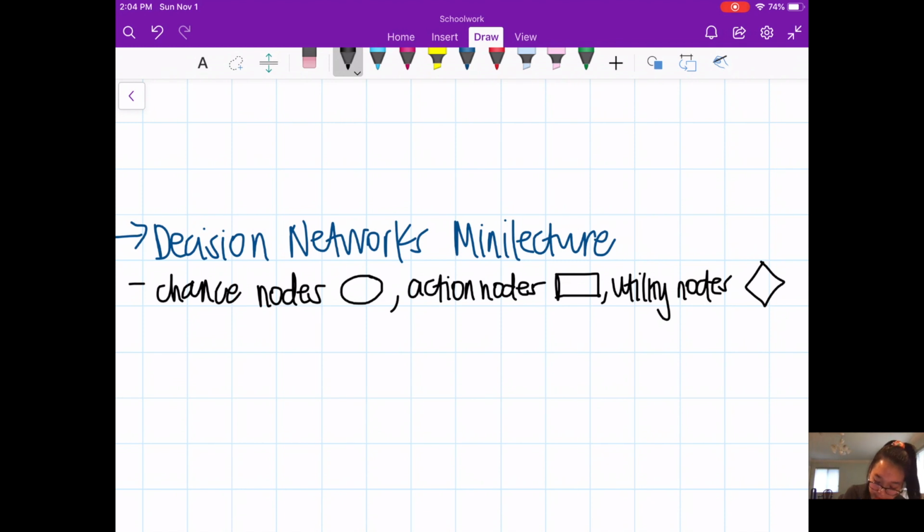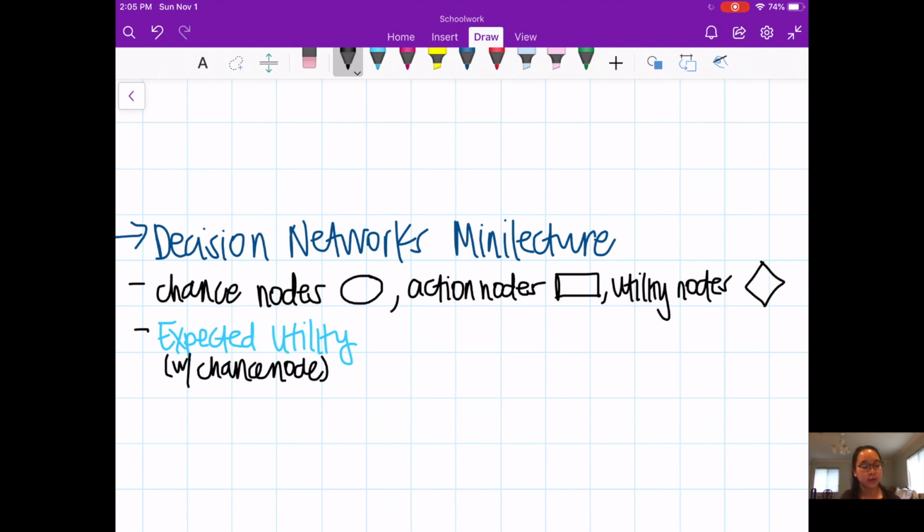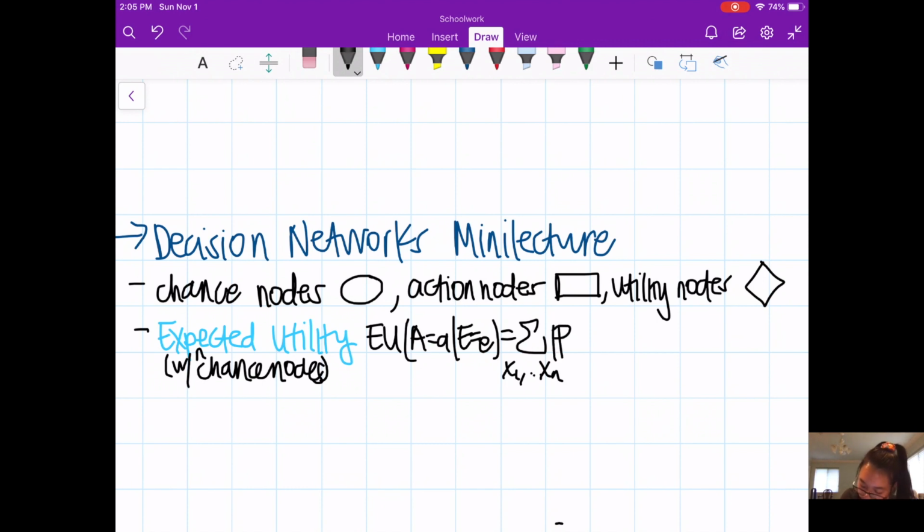Within decision networks, we talk about expected utility a lot, which is why we've defined a value called expected utility. This matters with chance nodes, because if it was just action nodes, you would know your exact utility. So we use this when there's a chance node, to consider what we can expect to get on average. The formula is EU, expected utility, of action A given evidence lowercase e, which is equal to the summation over x1 all the way to xn, where the x's are the n chance nodes, of the probability of x1 equals x1 all the way to xn equals xn,